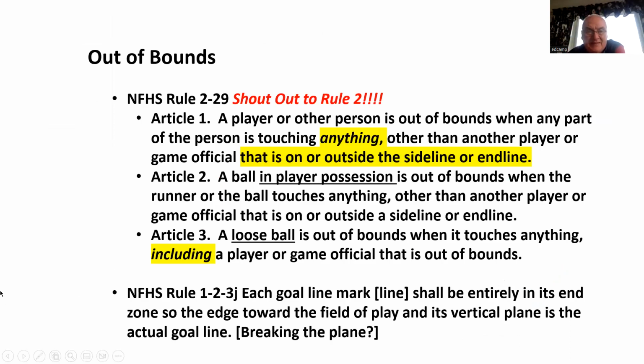So I want to start off with Rule 2. All veteran officials or rookie officials, this is your best friend. So a shout out to Rule 2. What we're going to get into this evening, I just want to hit and highlight Rule 2-29 that talks